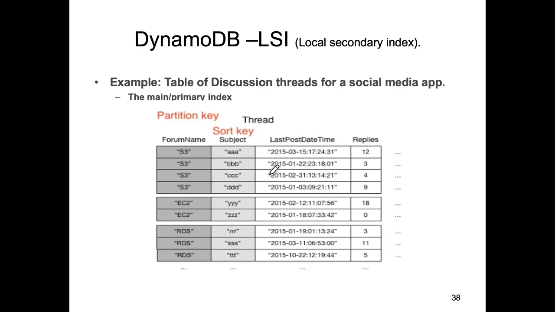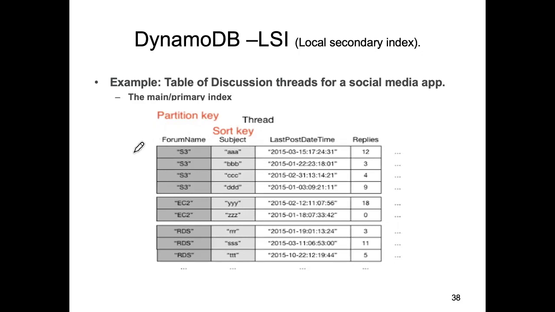Let's say we picked 20, are they all 2015? They are, unfortunately. Let's say I want them for the month of January 2015. Let's narrow it down a little bit. The point anyway is that because of the sort key that's associated with this table, queries based on forum name and date mean that I have to bring in all of the items related to S3